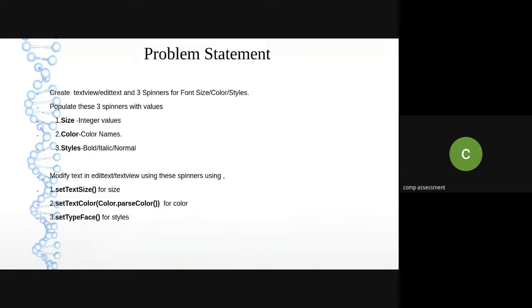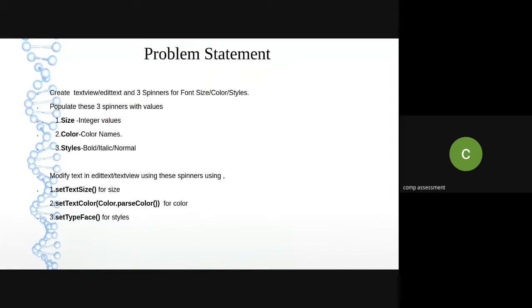Okay, you can use a plain text, but under which category do I get this plain text in the palette? Text view, correct? So we will first take a text view widget. In that text view widget, you will get multiple options, that is whether you want a multi-line text, whether you want a plain text. According to your application, you choose, because as I mentioned, we are giving a text editor effect. So we will choose a multi-line text. You can check out the different options where you will get a multi-line text in your text view. So select that, and after that add three different spinners for size, for color, for font face and font style.